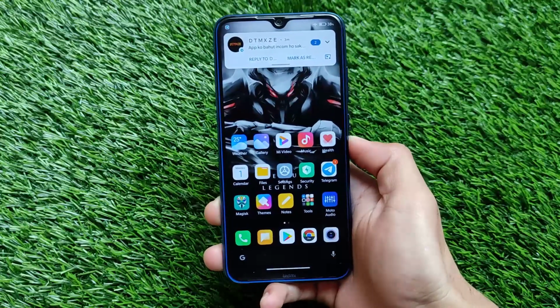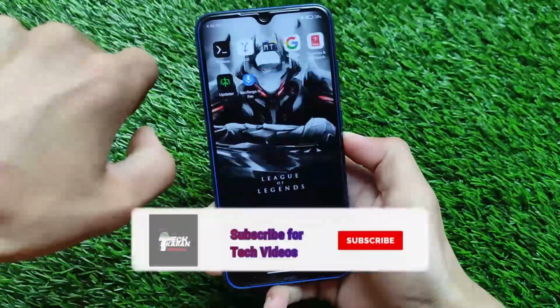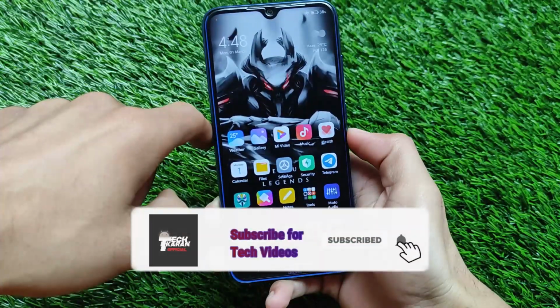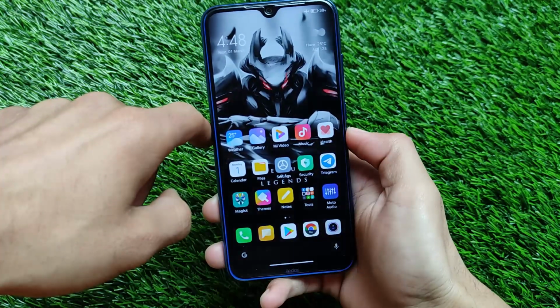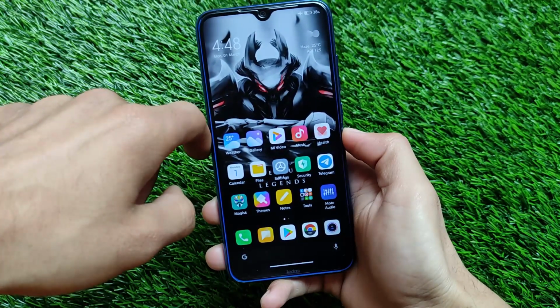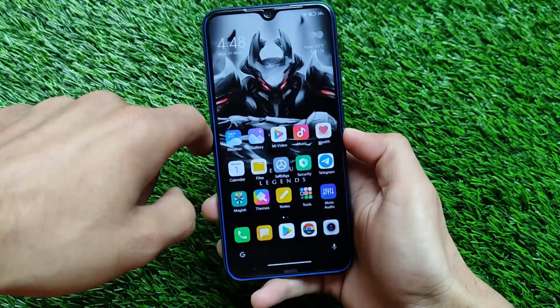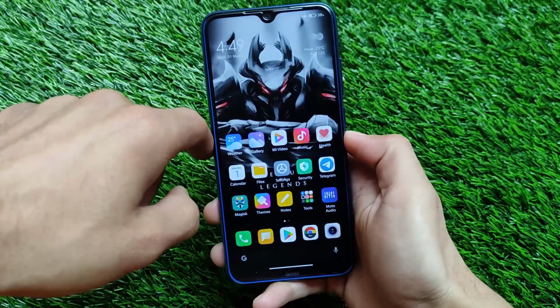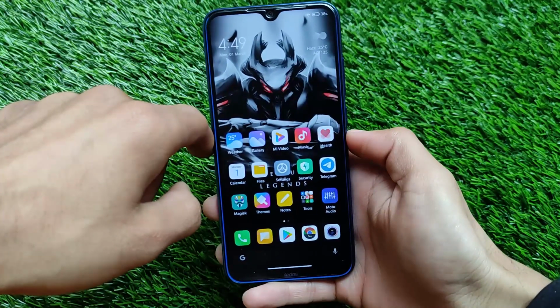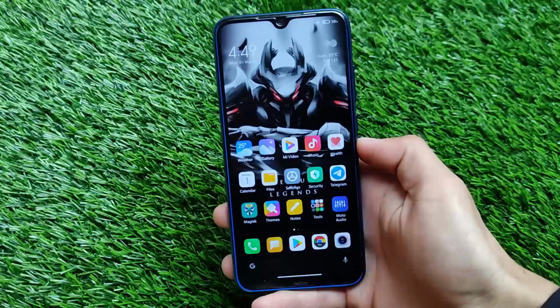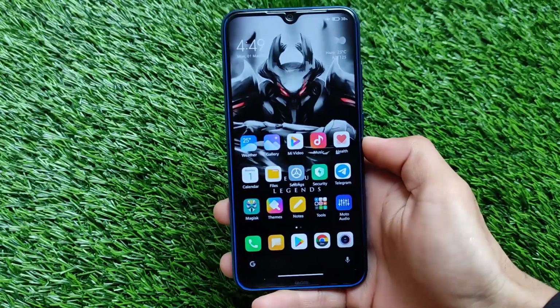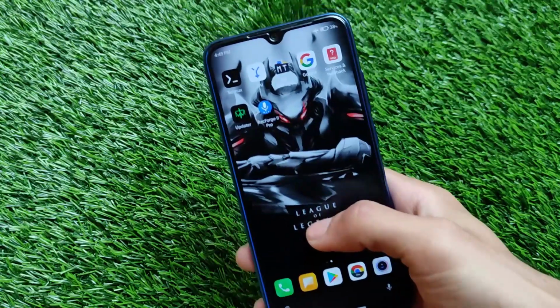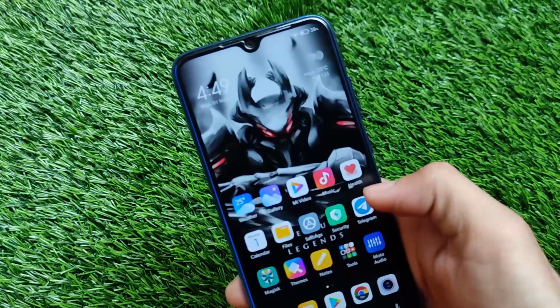A lot of you guys are already using MIUI 12 or MIUI 12.5 on your devices, and you probably noticed there are a lot of lags and performance issues in MIUI devices. Especially in my case, I'm using a Redmi Note 8 here. There are many issues in performance, lags, and a lot more things. And to smooth those animations, you can install some Magisk modules.